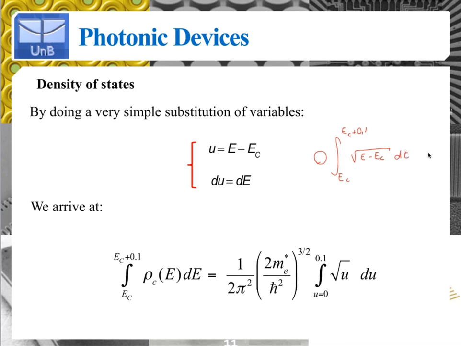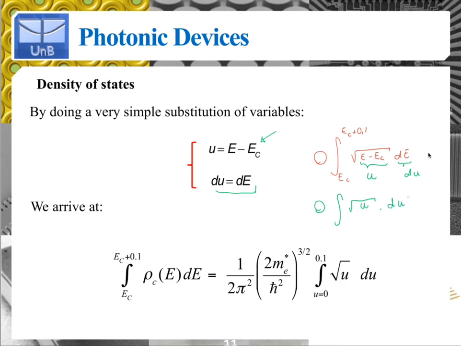D, right? So we can substitute this term right here inside the square root by a new variable u. So u is equal to E minus EC, and if we differentiate this expression with respect to E, we find that du is equal to dE, so this can be replaced by du, and what you have is the same constant times, we'll worry about the limits later, the square root of the new variable u